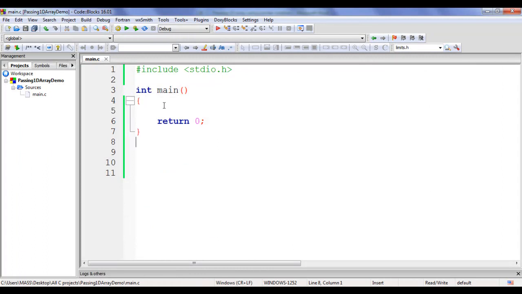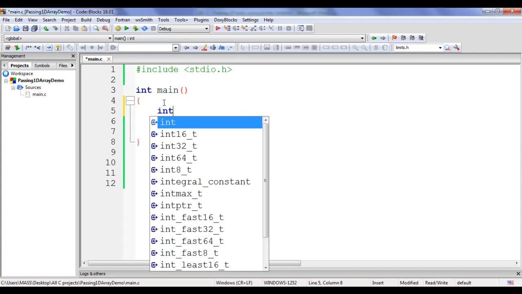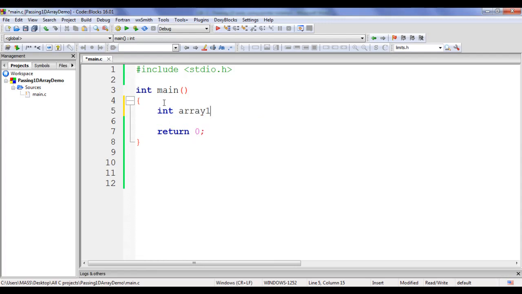Inside main function, I am going to create a one-dimensional array of type integer. I say here int, then I write the array name array1, then I write pair of square brackets. We know that pair of square brackets indicates array in C language. Then I say equal to, in pair of flower brackets we write list of integer values separated by comma. I say 1, 2, 3, 4, 5. Then I say semicolon. That is how we declare and initialize a one-dimensional array of type integer, guys.